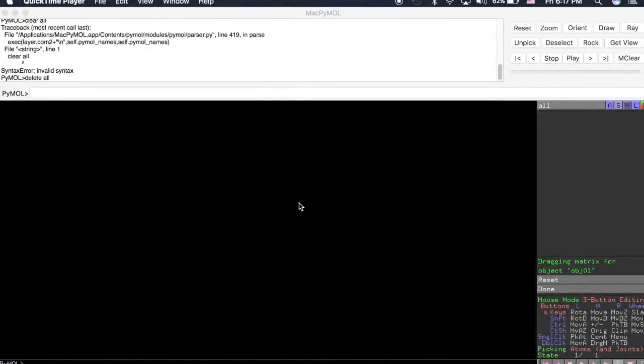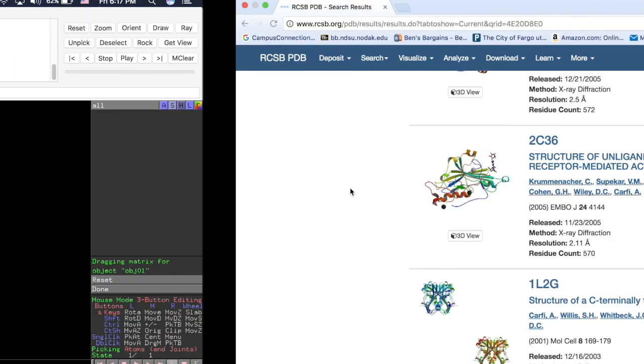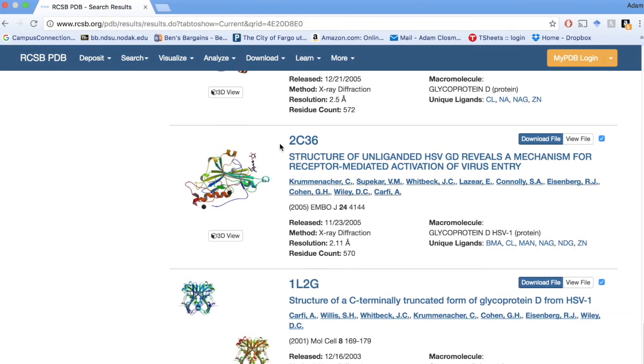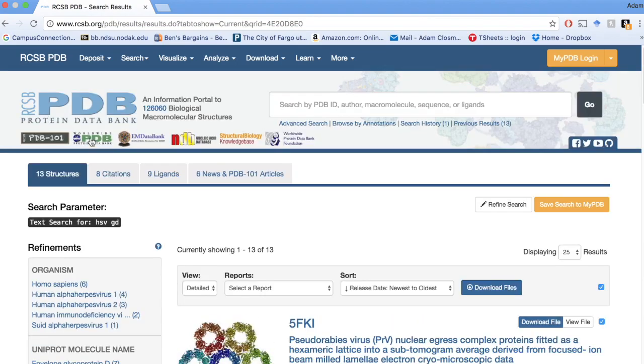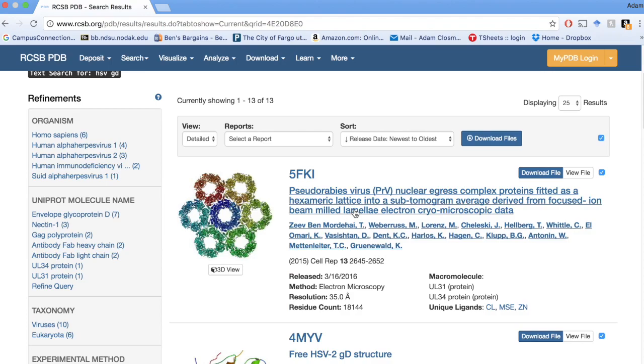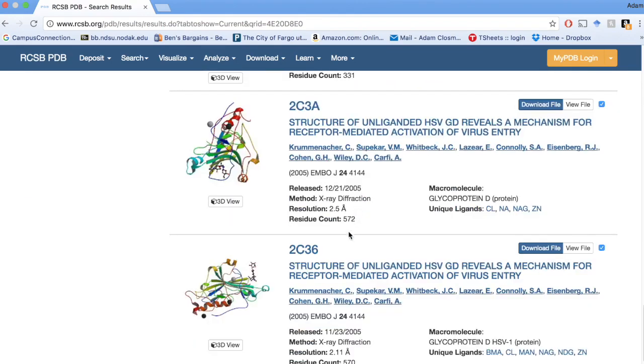So today we're going to look at the basics of how to use Pymol. First, open up your Pymol application, and then we're going to go over to the PDB website, which is the Protein Data Bank, and this is where you can find all of your protein structures that you're going to be working with. And the one that I'm going to be working with is this